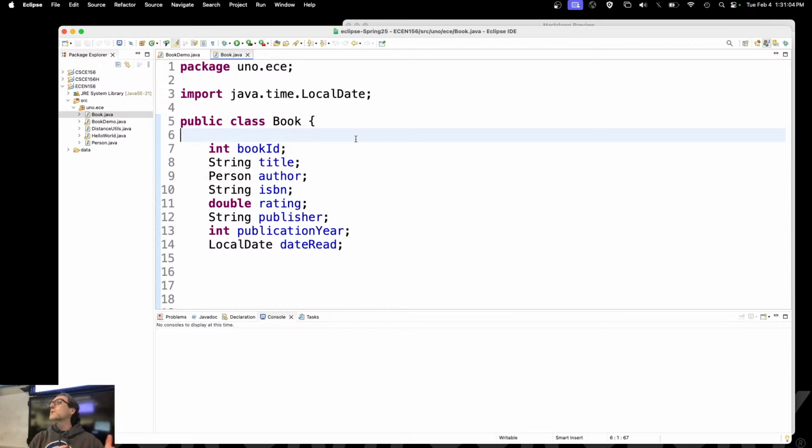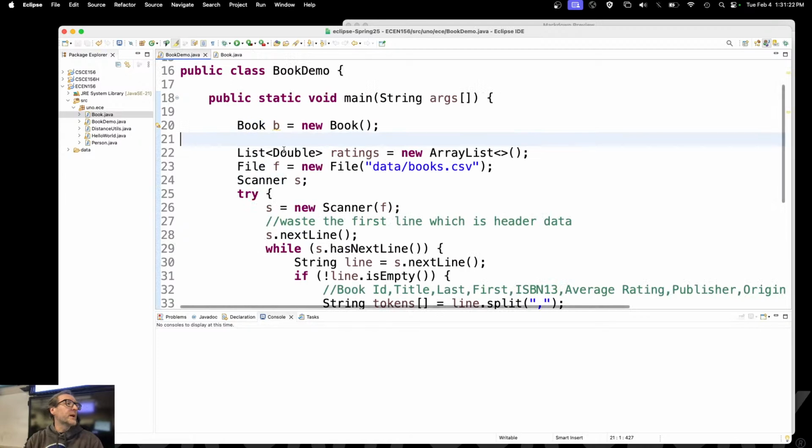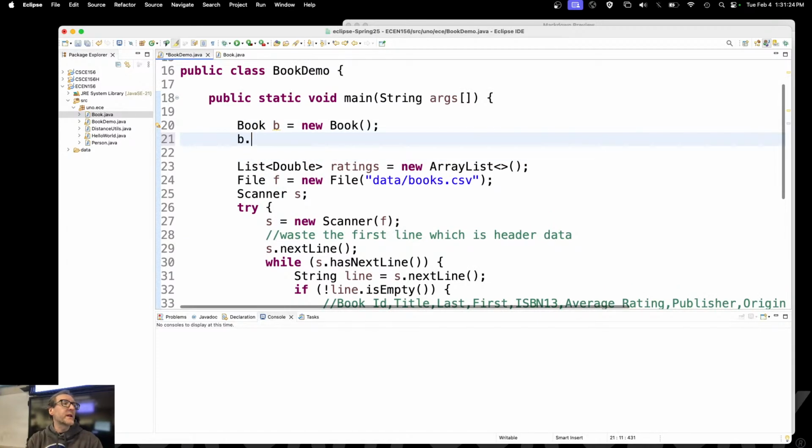Now, before we start using this, I'm going to very, very briefly go through good object-oriented programming best practices. We're going to talk about this again later on, but basically, what I've got now is a bunch of public data, right? What I can do over here in the book demo class is I can create a new book, and then I can say book.title is equal to foo, right? Now, that seems like it should be okay, straightforward at first, but no. The idea of